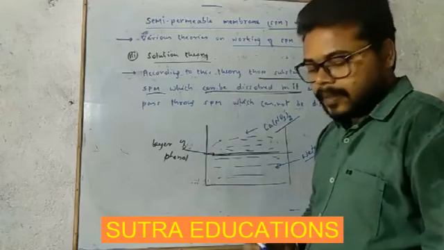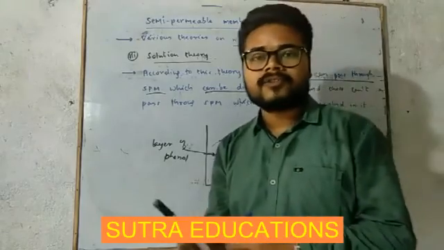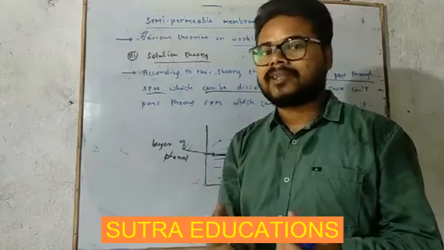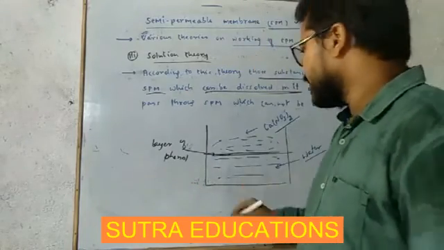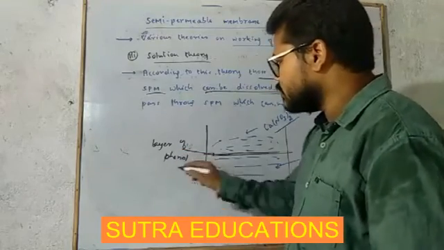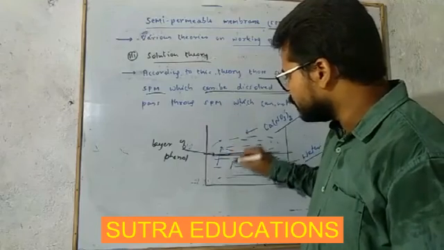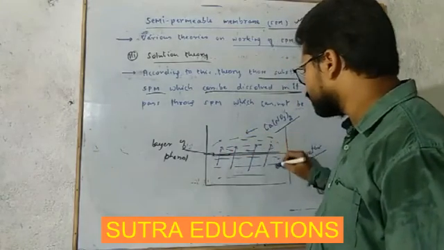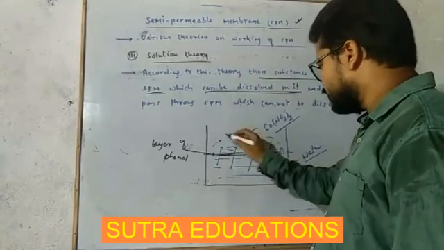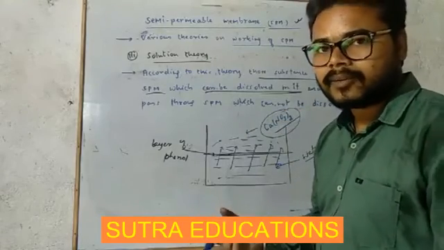Phenol and water are miscible, meaning phenol dissolves in water or water dissolves in phenol. We can say both are miscible up to some extent. Getting this? So water can dissolve in this phenol, and due to this phenol will allow the water to pass through it, and you will see the volume of calcium nitrate increasing gradually.